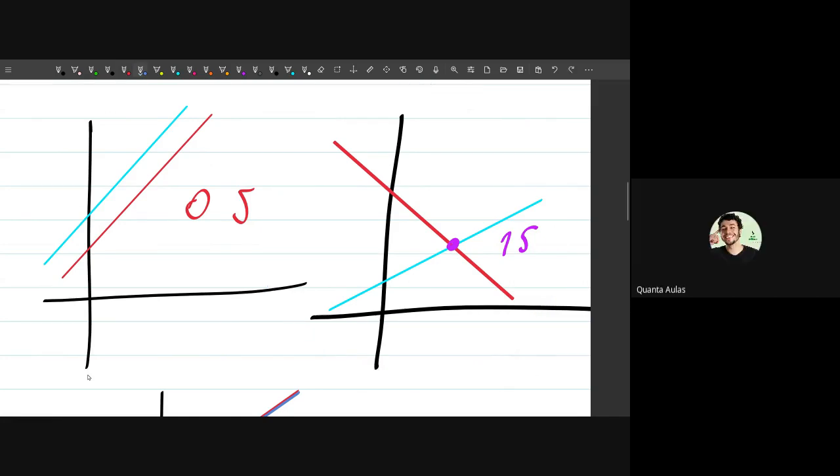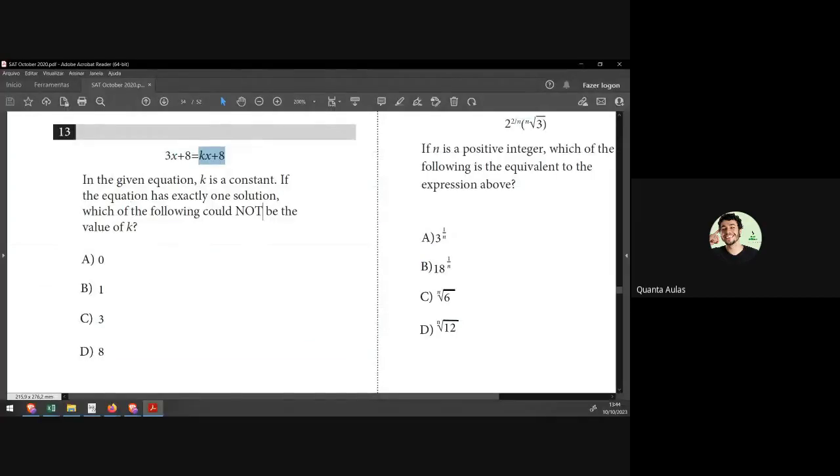Yes. If you look at the equation, the y-intercept is the same, okay? So if the k is the same too,